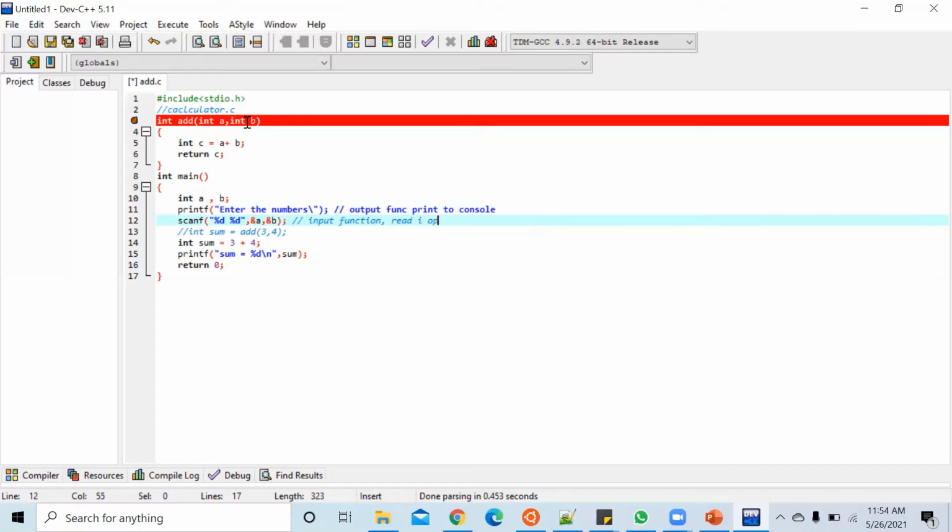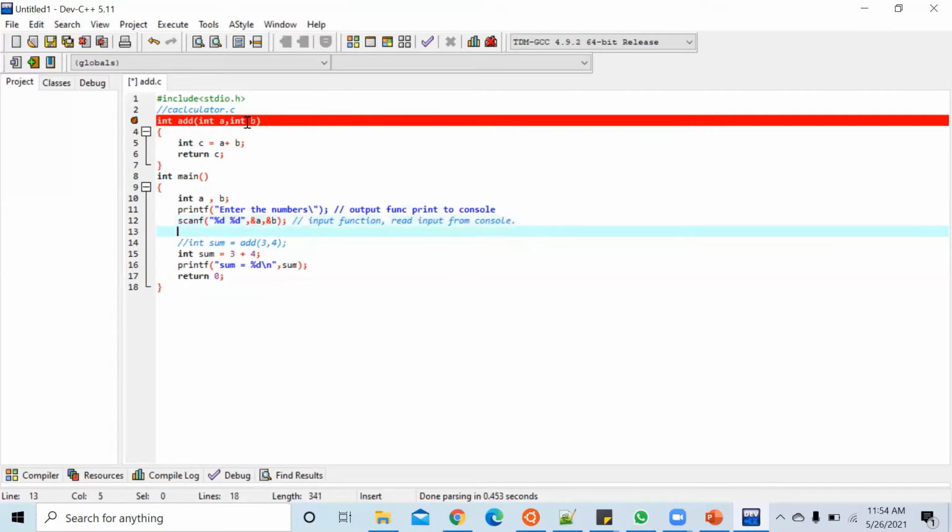It reads input from the console. So when scanf gets executed, the numbers will be in A and B.